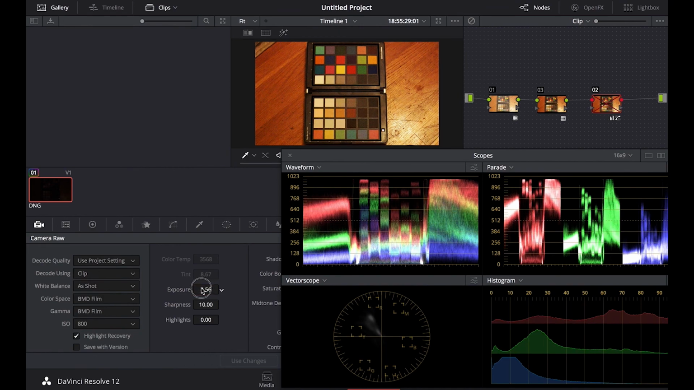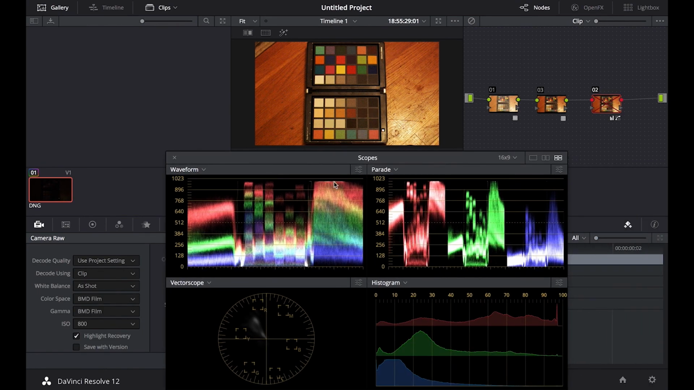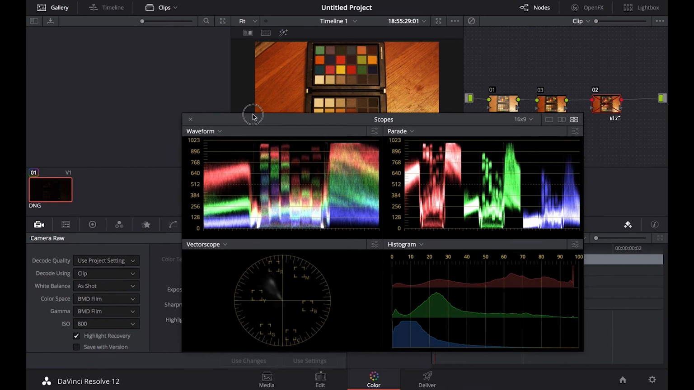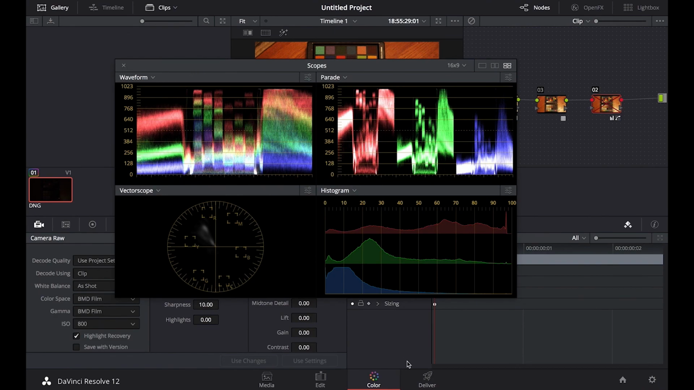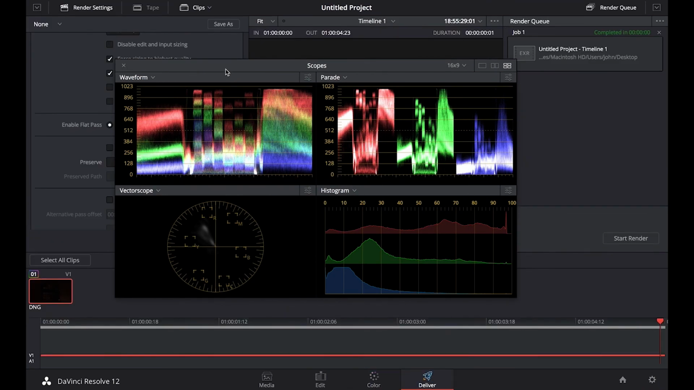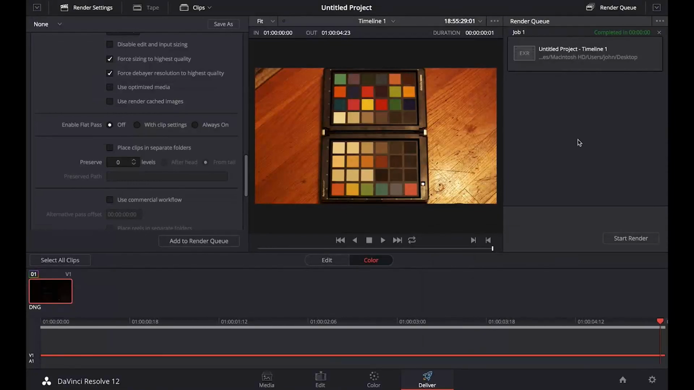This is not a good exposure, but let's imagine I got this roughly looking the way I wanted. I'll make it brighter just so I can exaggerate this again. So my values are above here, but it looks a lot better than it did before I did the camera adjustment, because it was completely black before. But if I go to the Deliver tab and try to export this out again, add to render queue, start render,